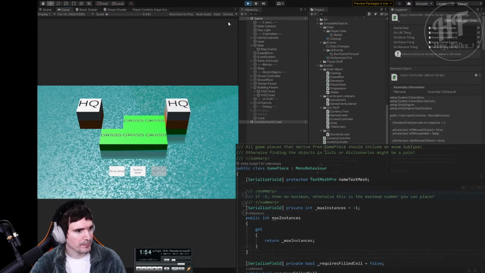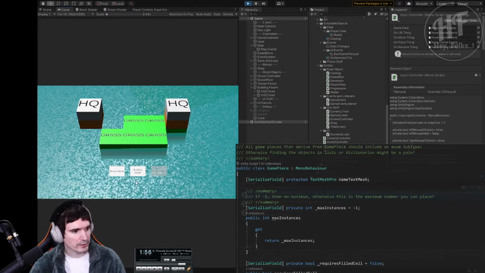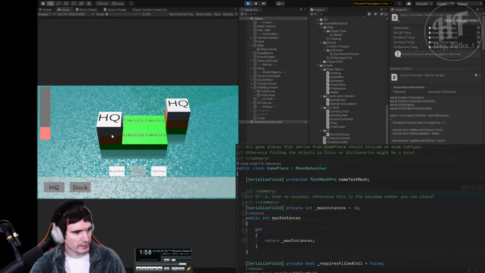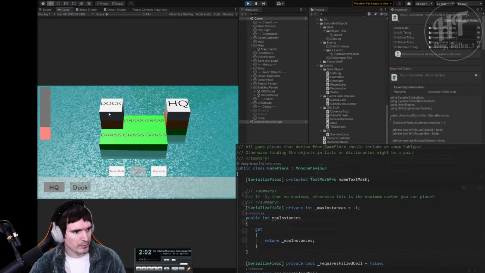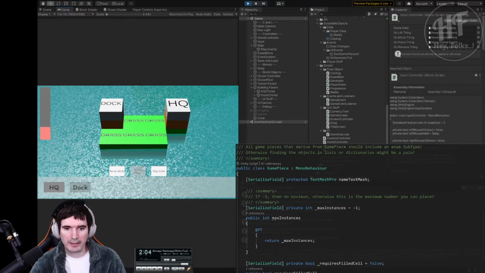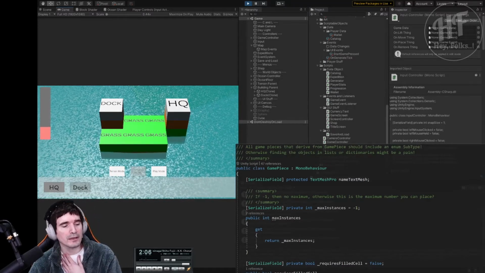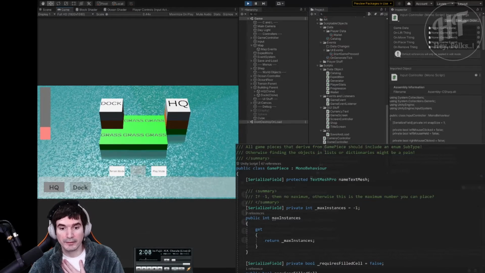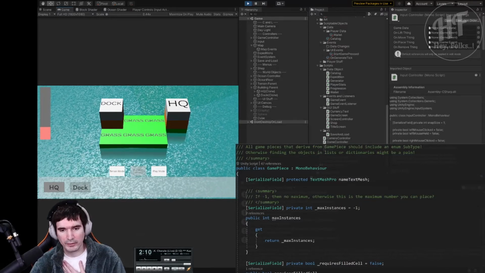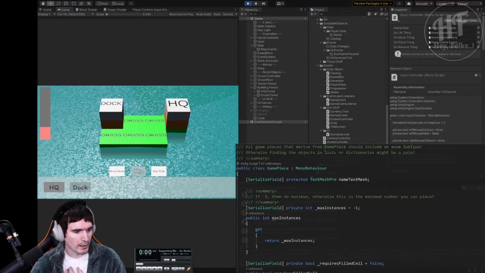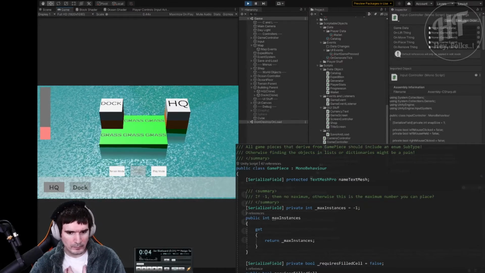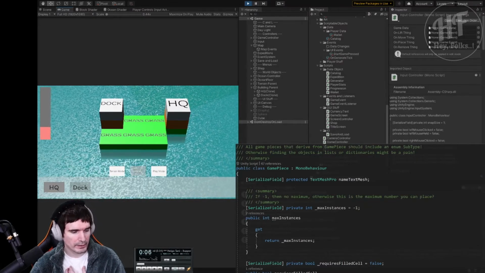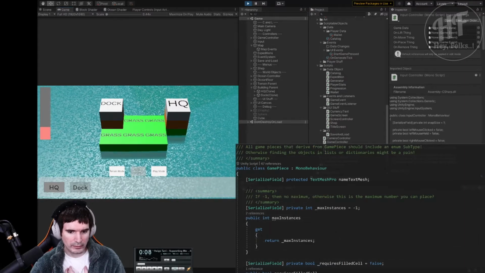Let's get this loaded. You'll also notice another mistake here in the loading: this should not be a headquarters, it should be a dock. But we'll fix that. Maybe not today, but just in general. That's because we didn't have two buildings, so the loading system was just loading one building. Yeah, so what we need to do next is we need to